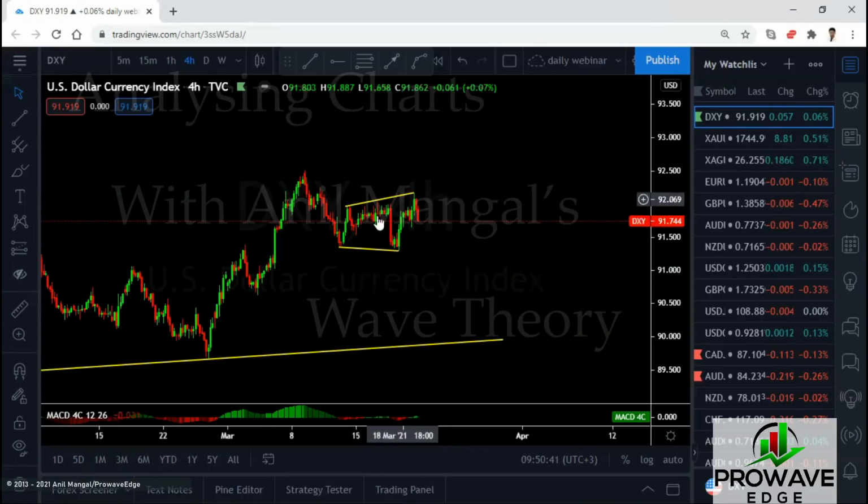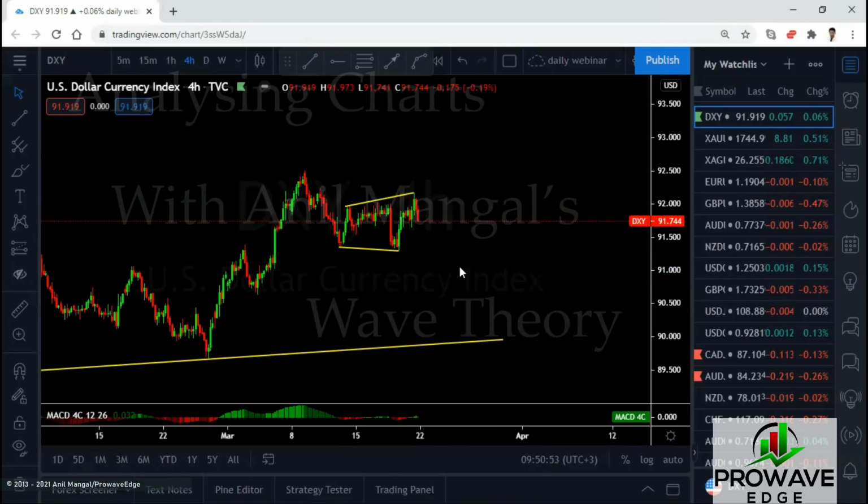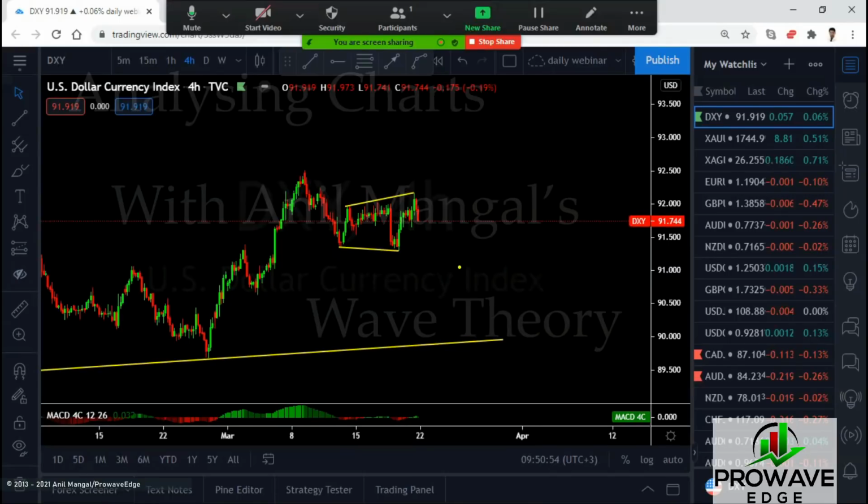We saw that coming. And then we said, okay, now they have to tell us whether this was all the consolidation for upside, or whether they're going to come to this level, break the top and go downside. Now, as it stands right now, you still don't have any proof of that because we don't know what this is going to do. This is one move.